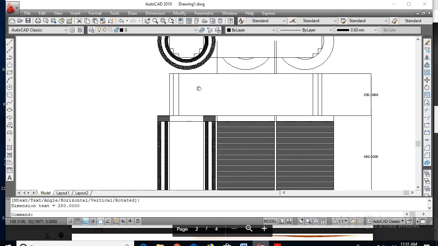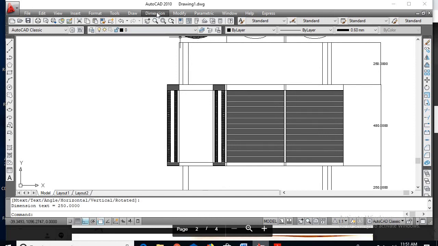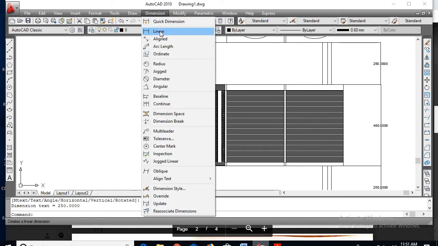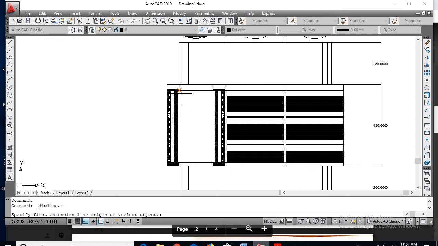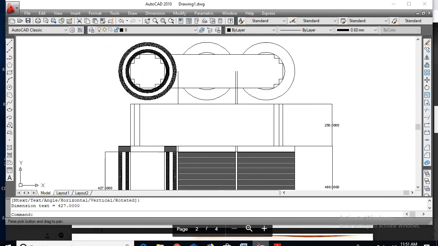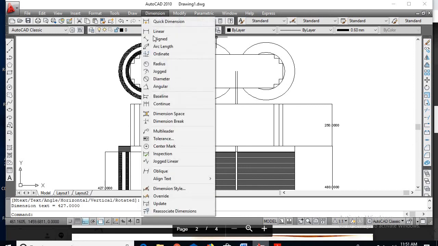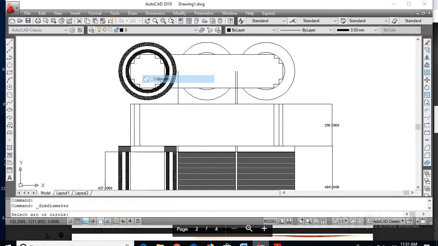Okay. Next, winding height, it is 427. So linear. There is the winding height, it's 427. Next, dimension, diameters. So outer diameter is 340.